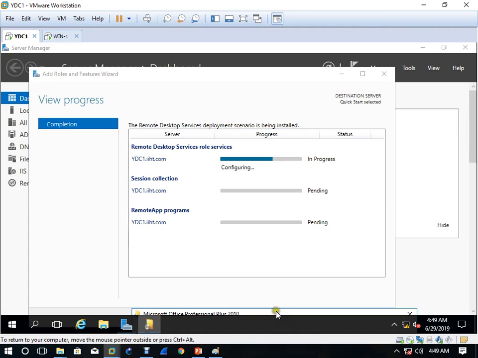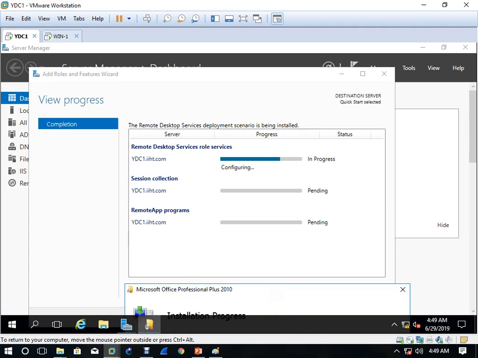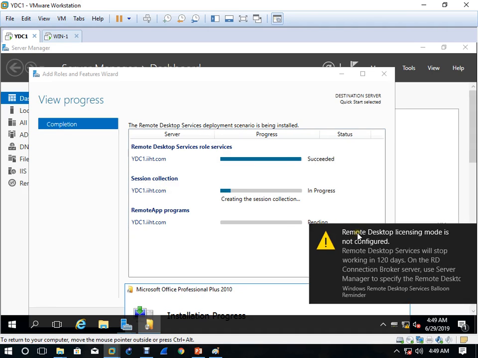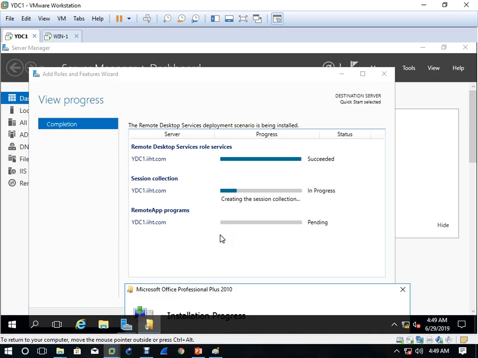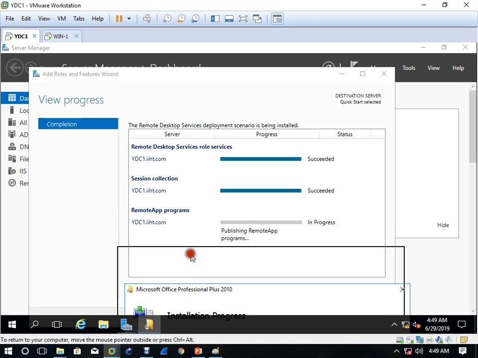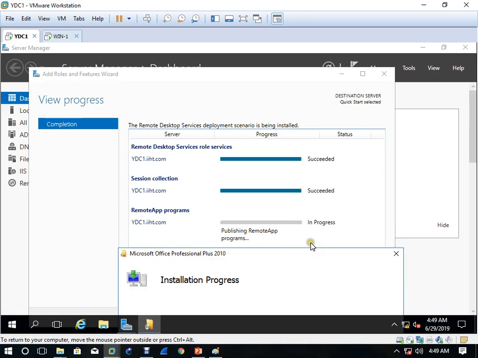See what we are doing. This is remote desktop service, that is important. Then we are installing session collection. Session collection lets me know which user is connected and which user is not connected, and if some user is connected, I can disconnect them. And remote application, I want that as well.